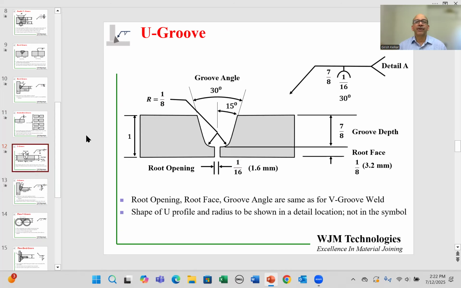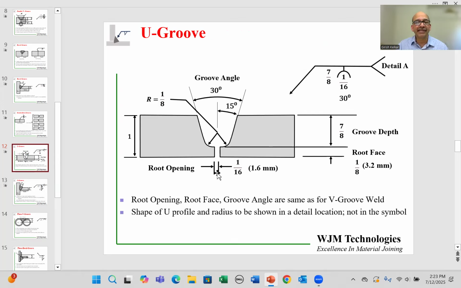As we have seen in the previous video, as the welds get deeper and the parts get thicker, you end up moving typically to a U groove for various reasons discussed earlier. And the symbol gets a little bit more complicated. So here I'm showing you a schematic of a U groove. U groove essentially is two J's put together to call it U. So if you just look at one, it looks like a J. When you put all of them together, it looks like a U. So again, the component is 1 inch thick. The groove depth is 7/8, and the groove angle is 30 degrees. And if nothing else is mentioned, you assume it is symmetrical, 15 degrees on both sides.